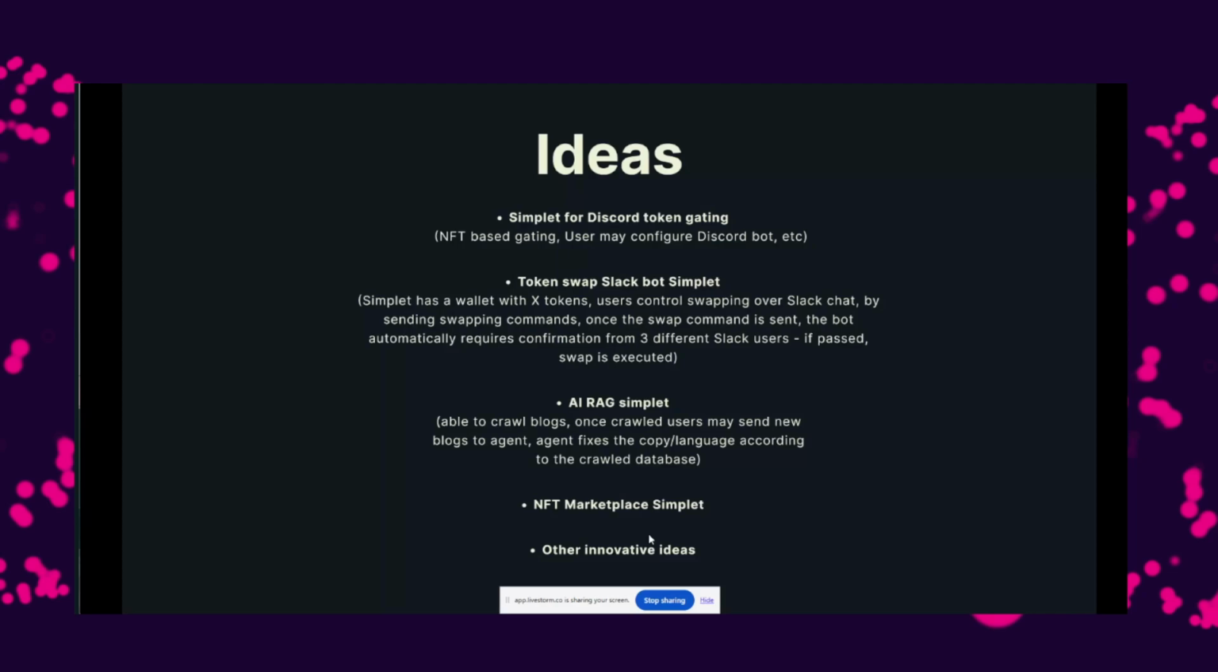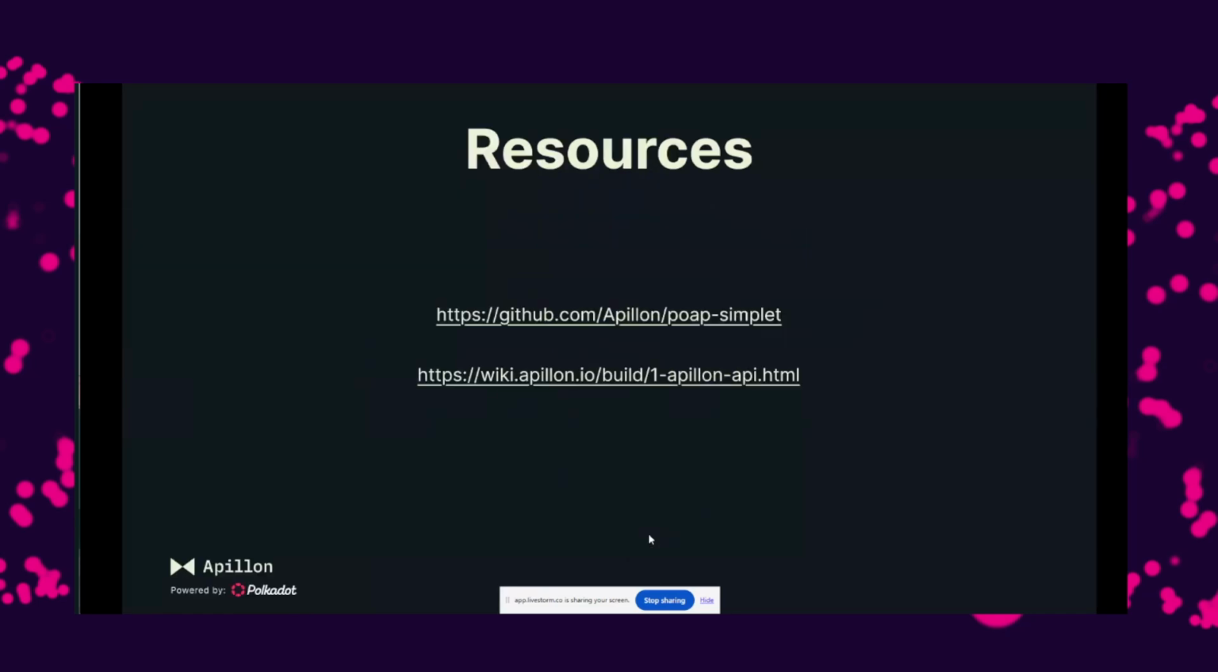If you have a crazy idea and you're not sure about it, feel free to reach out to me and verify what I think about it, what our team thinks about it, before you start building, and we will give you honest feedback on that topic. So what I have for you as resources here is an open-sourced POAP simplet,